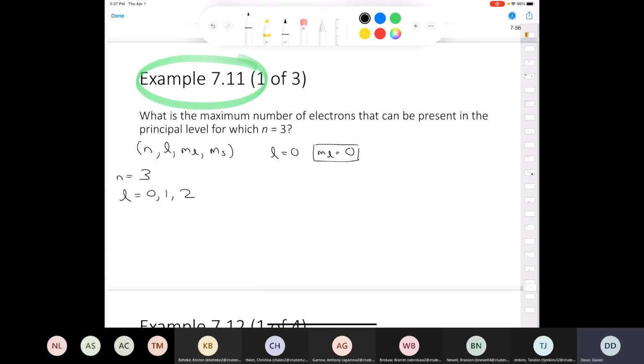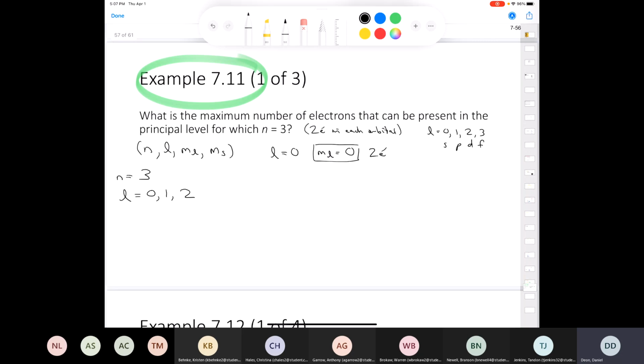Remember, ml is the number of orbitals or the direction of the orbitals, okay? So I have 2 electrons in each orbital, since I have an s orbital, right? l is equal to 0, that's an s orbital. Just a little review here: when l is equal to 0, 1, 2, 3, that's an s, p, d, or an f orbital. So when I have an s orbital, there's only one type of orbital, one direction, and so that can hold